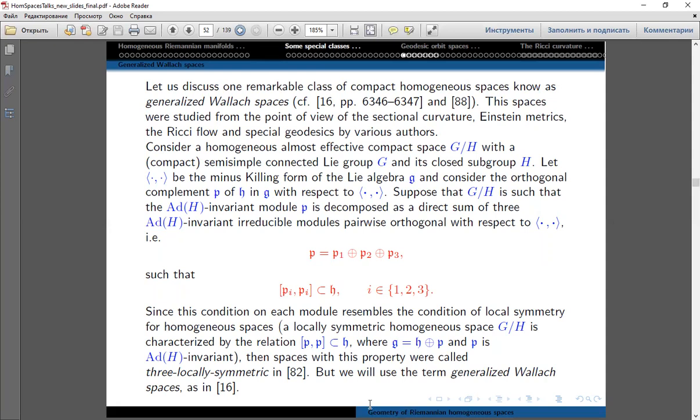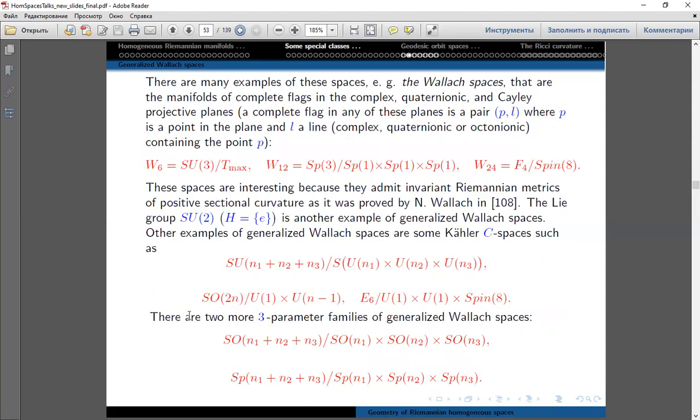And now we will use the term generalized Wallach spaces. Why? Because we have three very important spaces of this kind, which were introduced by Wallach. These are, in fact, the manifold of complete flags and the complex, quaternionic and Cayley projective planes. This is a formal definition, but it's not so important now. These spaces are interesting because they admit invariant Riemannian metrics of positive sectional curvature, as was proved by Wallach in his very well-known paper. Therefore, the term generalized Wallach